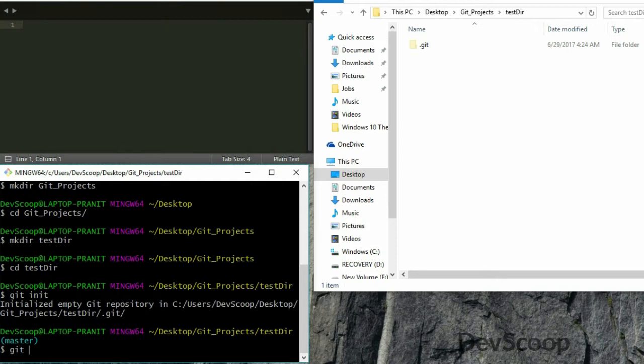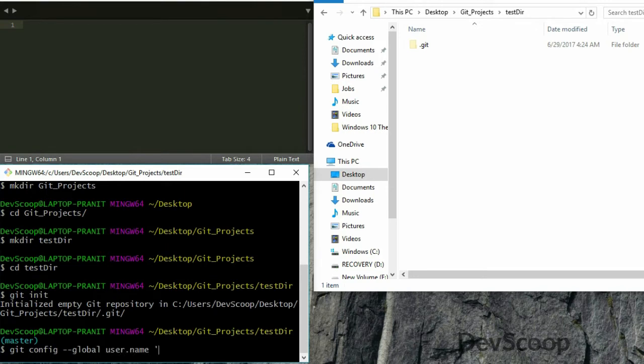To do so, you need to type git config and make sure that the --global flag is added, so that every time you initialize a Git repository, you do not need to do this git config user.name your username and git config user.email your email. So --global takes care of that. It globally adds to the config file